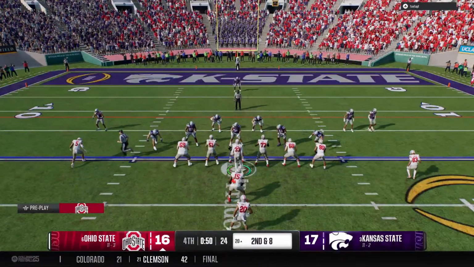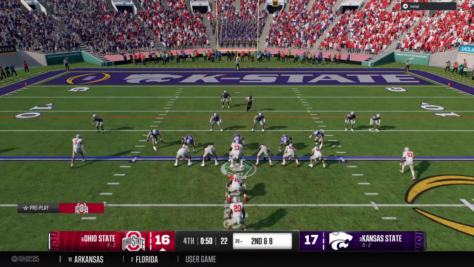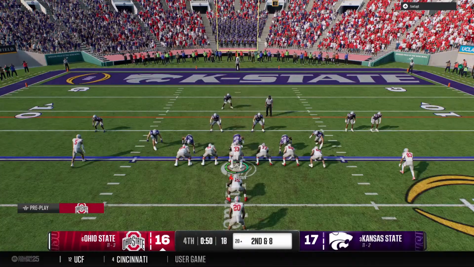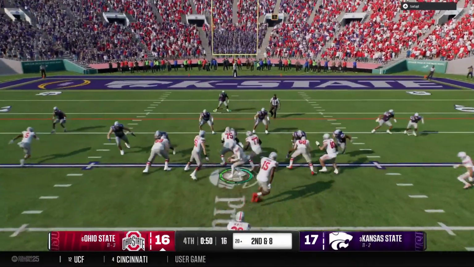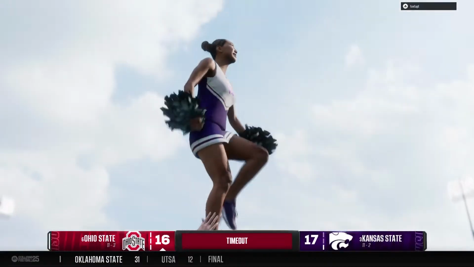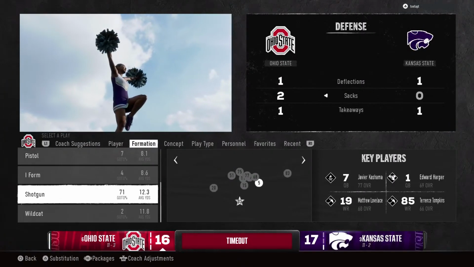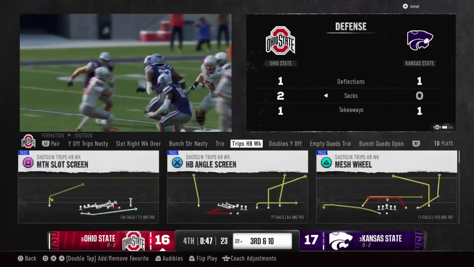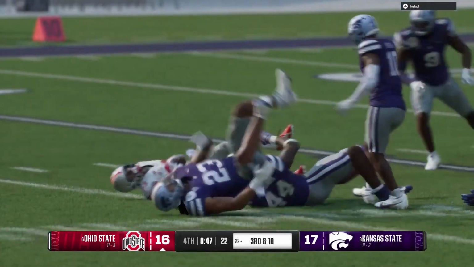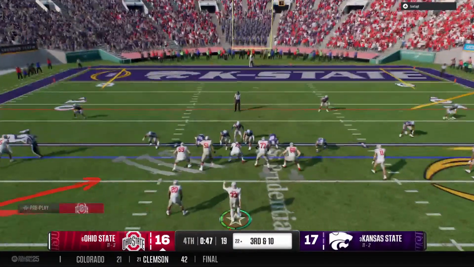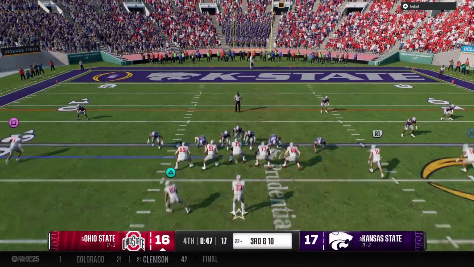Buckeyes are looking to take advantage of this red zone trip. Oh, a reverse. Tackled behind the line. It's a loss of 2. And now the defense will call a timeout here to make an adjustment on their side before this crucial play. Now it's 3rd and short from the 22. You expect this is 4-down territory. Let's see what they do on 3rd down.